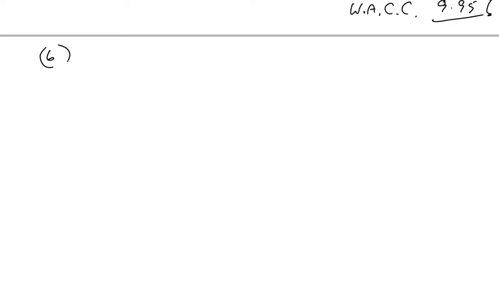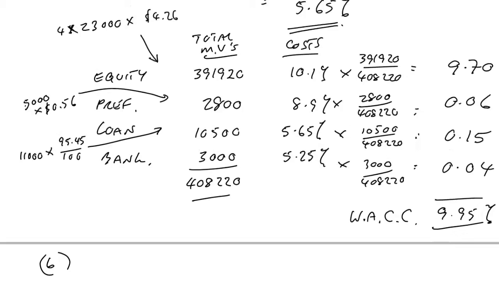B, discuss the connection between the relative costs of the sources of finance and the creditor hierarchy. Now, what does he mean? Part A gave us a clue. If you look at part A,